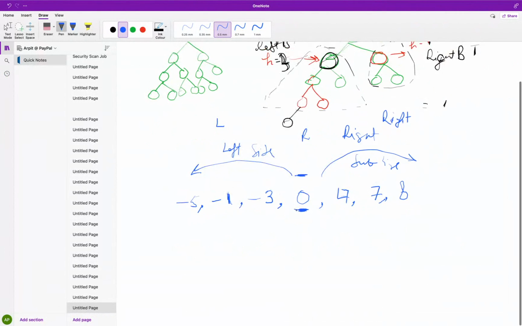So see, guys, in this whole array, the indexes are 0, 1, 2, 3, 4, 5, 6. Seven divided by 2, and we take the floor, gives us 3. So index 3 would be 0. So 0 would be our first root. And then all the left elements will look like this: minus 5,